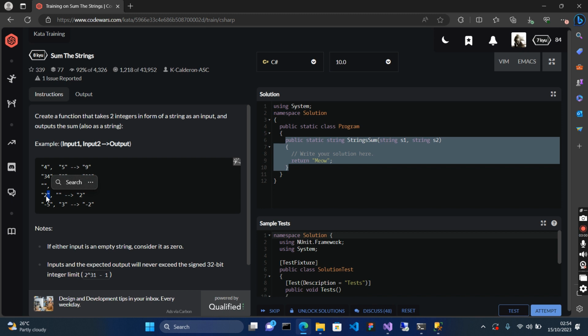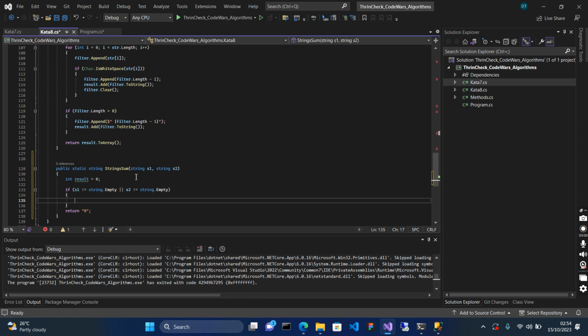So we have to still check again if what we are trying to convert is not empty. So that is what we'll be doing here now. Because you can have an instance where S1 will have something inside it and S2 will be empty, or else S2 will have something inside it and S1 will be empty. So you have to first check again if